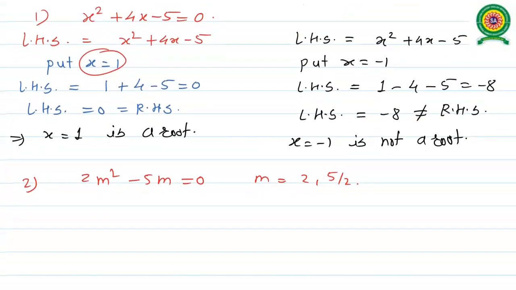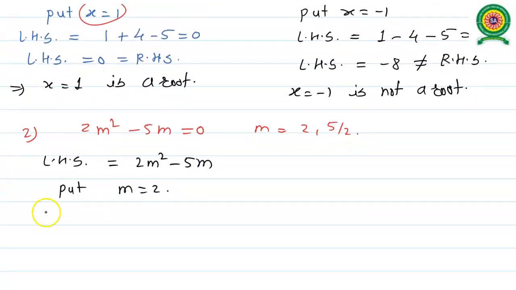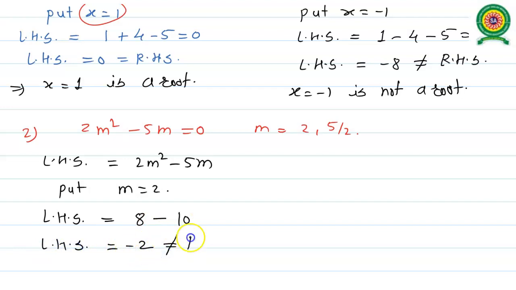So let us try to consider again the LHS of the given quadratic equation. It is of the form 2m square minus 5m. Now put the value of m as 2, so that after simplifying the LHS, it is of the form 2 square is 4, 4 2s are 8, minus 5 2s are 10. 8 minus 10 becomes minus 2, so after simplifying the LHS we get minus 2, that is not equal to the RHS. The RHS we have 0 here, keep in mind.